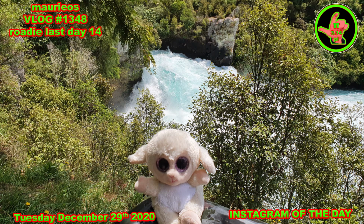A truly amazing place where all of the water from Lake Taupo, one of New Zealand's largest lakes, comes out through a very small gap to the Waikato River. The actual Waikato River flows through the lake, I believe, as the elements of the Waikato River are further upstream of the lake. Lake Taupo was a large volcano that blew its stack and then filled with water. It's actually recorded when it occurred. The smoke was recorded in China. So it was a huge explosion, it's very deep, lots of water, and it all comes out here through